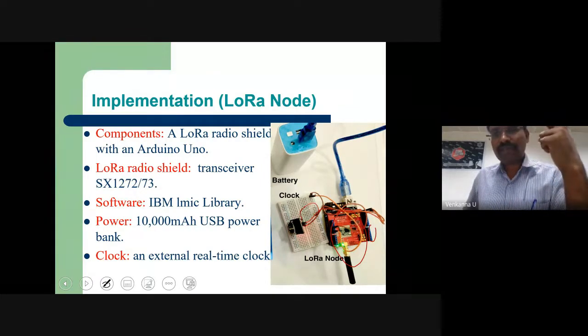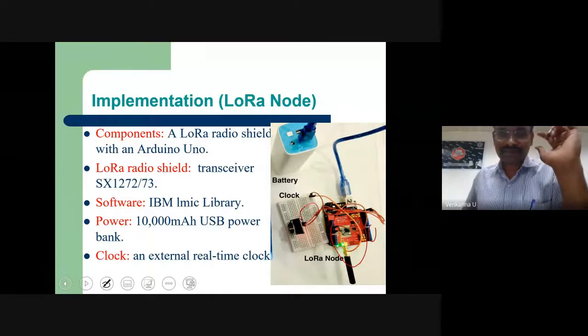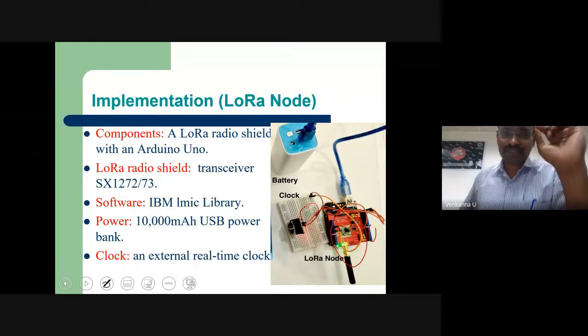LoRa has two advantages: it can communicate over long range, and it has good battery life. But it has a drawback: the data rate is very low. Transmitting 1 kilobyte per second is very tough. It has its own limitations.